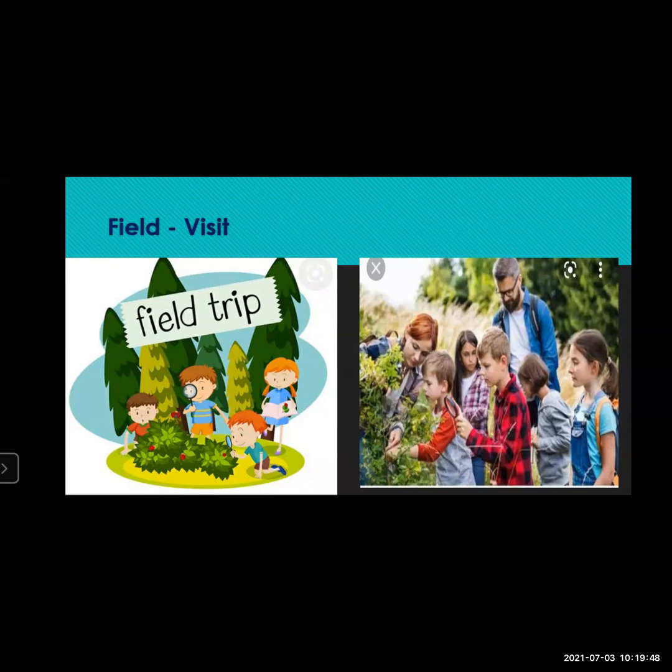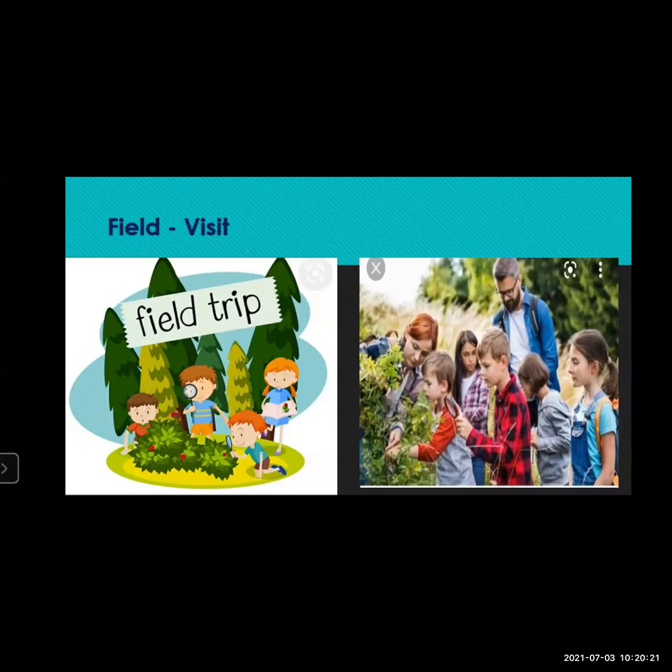Now, field visit means what? Field visit means actually going to the place and studying over there. Field visit is an important study method in geography. You can experience the geographical concept and element directly through the field visit. You can touch the thing, you will get to visualize, you can see the things, and then you will never forget it.